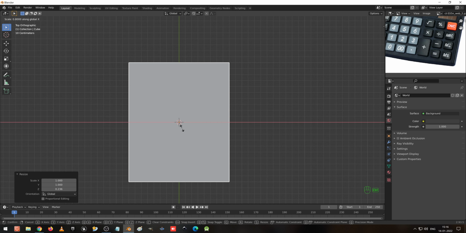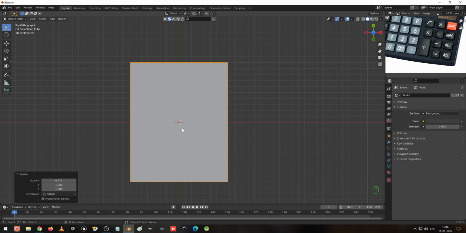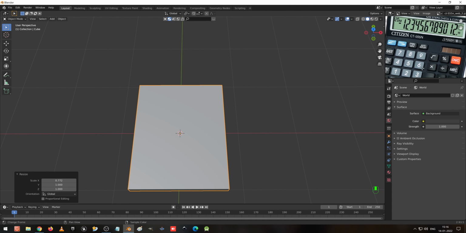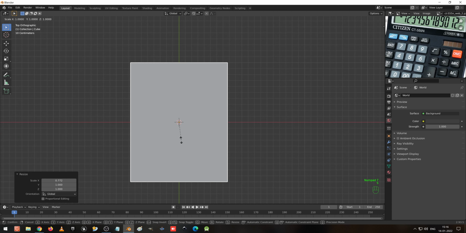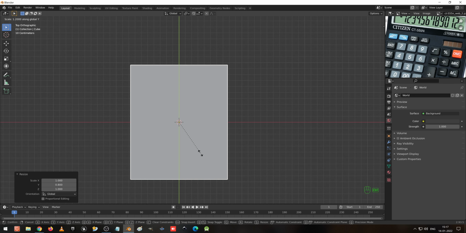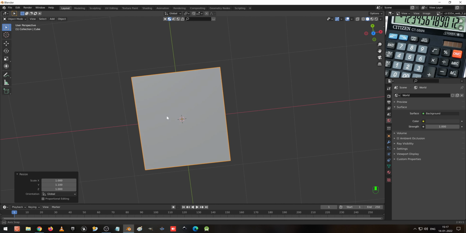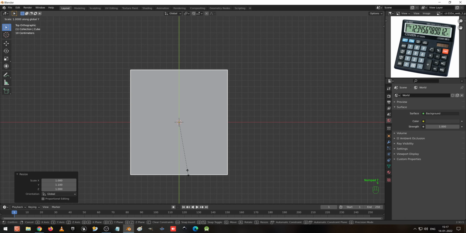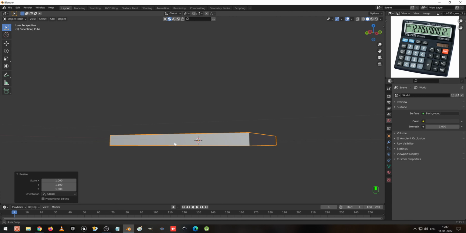So I use the control key and I create a box like this. Okay, and go to the top view and scale it in the Y axis. Using control, I'm going to reduce it. Okay, no, it looks very small. Scale it in the Y axis, use the control key to increase it. Okay, I feel it's still small, so I scale it in the Y axis once again using control. So I make it this much size, which I feel is better.